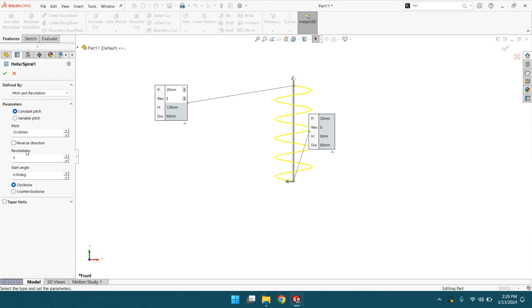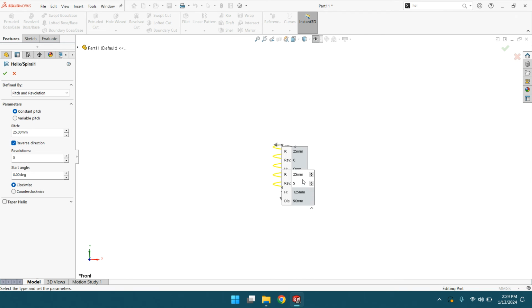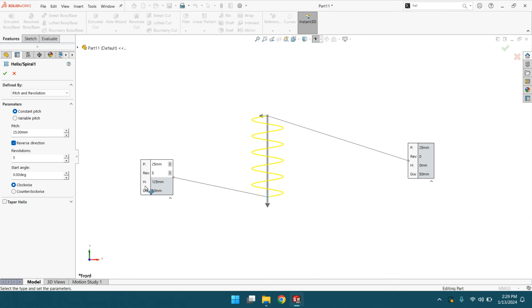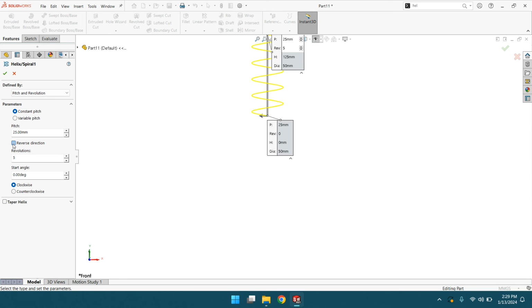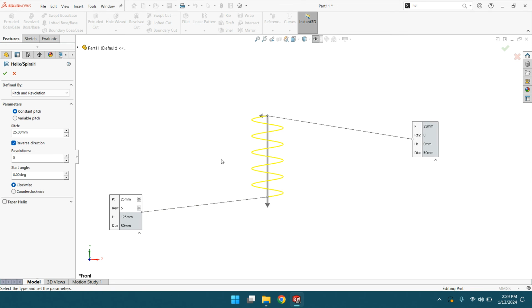There are many other options also. You can reverse the direction from the origin point. See the difference. You can change the number of revolutions, or you can select the clockwise or counterclockwise option. Now after practicing these options,